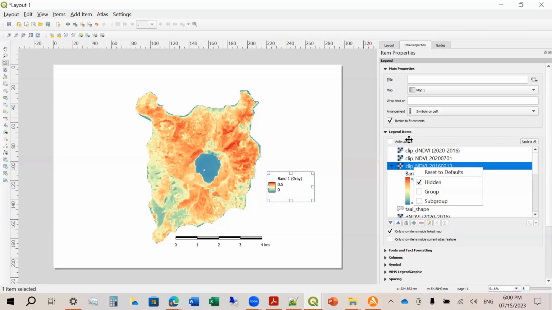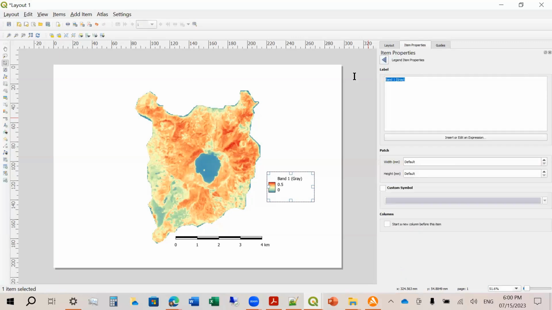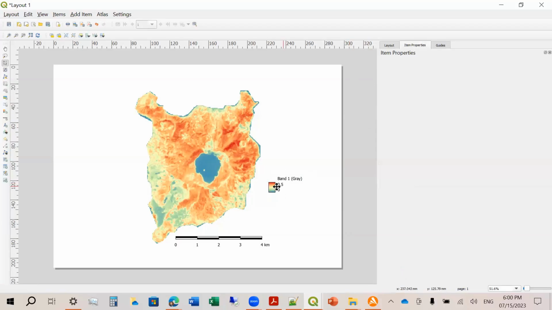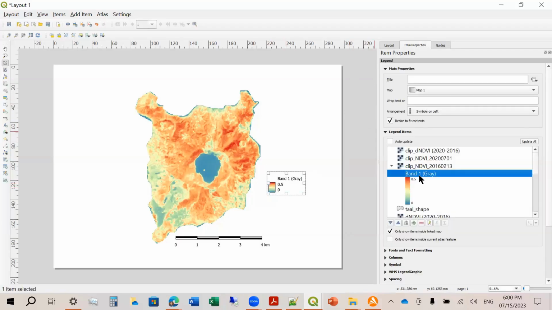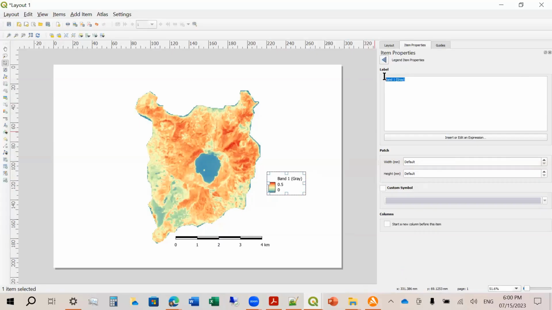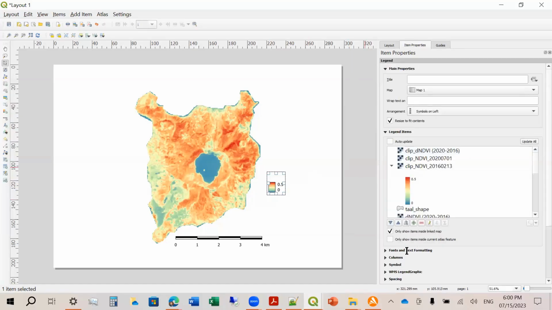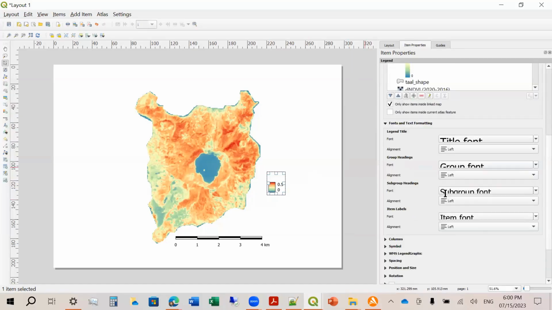And then I want to rename this. I can rename this as well. So double click this one and then I would delete this. Did I do it right? I just replaced the band 1 gray with a space. So it disappeared.